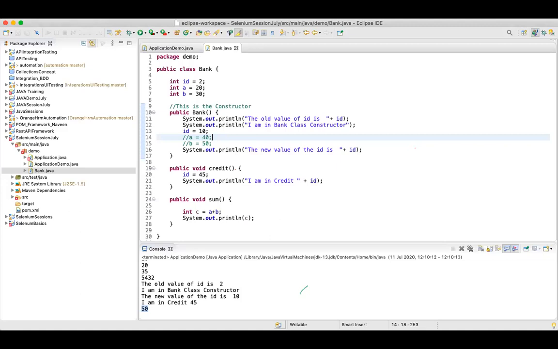Basically, you create inheritance when you want to create a new class that should be built on existing classes. Let's say you already have a class, and that class has some methods and properties. Now if you want to create a new class which should have some similar properties of the existing class, then you can use the concept of inheritance.